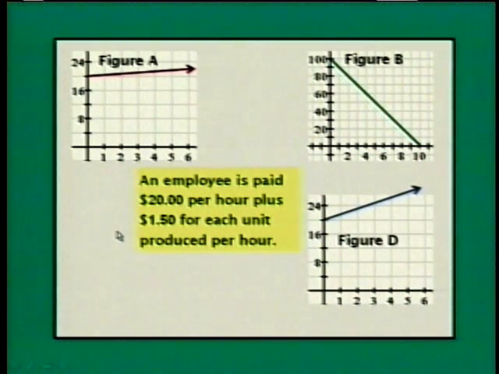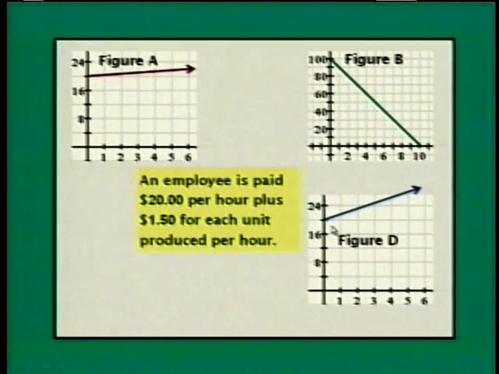If I look at the three figures that I have left, I see that figure A has a vertical intercept of (0, 20), and figure D has a vertical intercept of (0, 20). Also, both of these graphs have lines which are increasing. That makes sense for the problem because the hourly pay rate is going to increase as the number of units the employee produces increases. Well, let's think about how the hourly pay rate increases to see which of these models